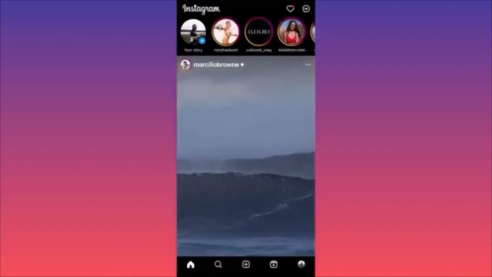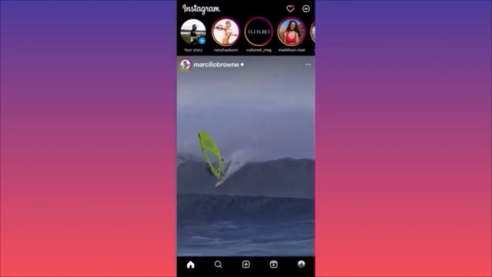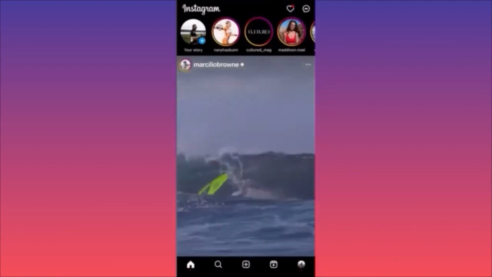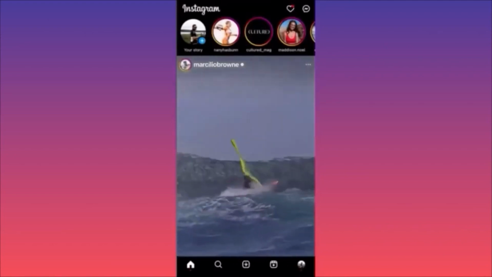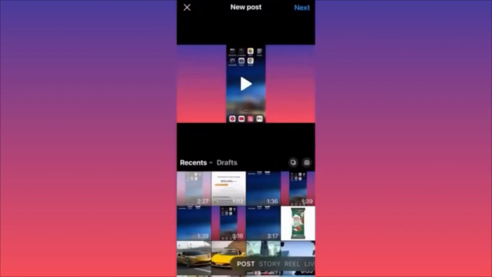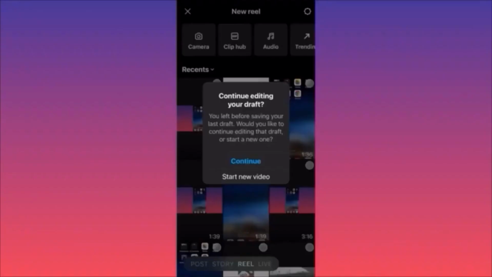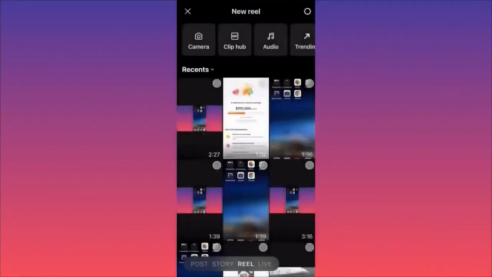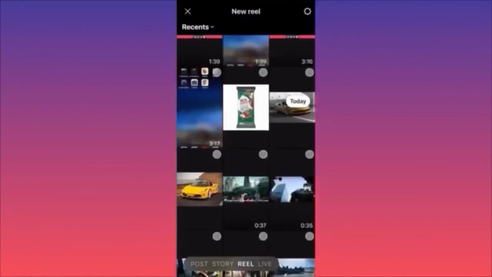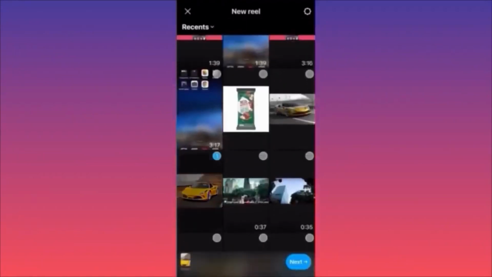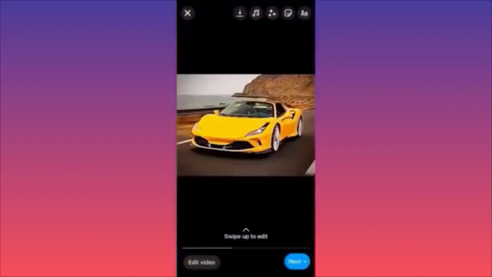Now guys, let's create a brand new post. Click on the lower center of the screen, hit the plus sign. Now let's slide on the side from post to reels. In this example over here, guys, I'm going to use this image and we're going to create reels